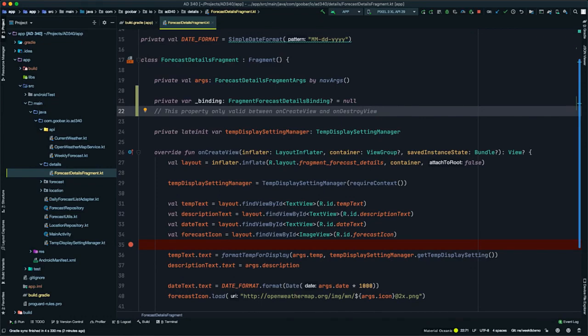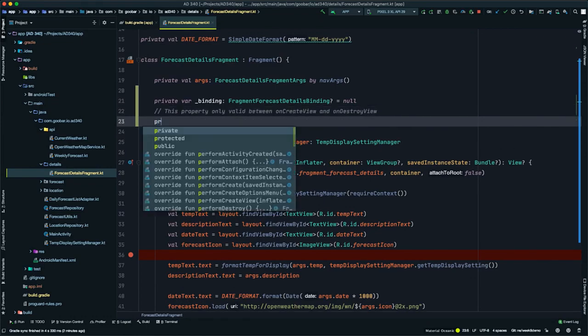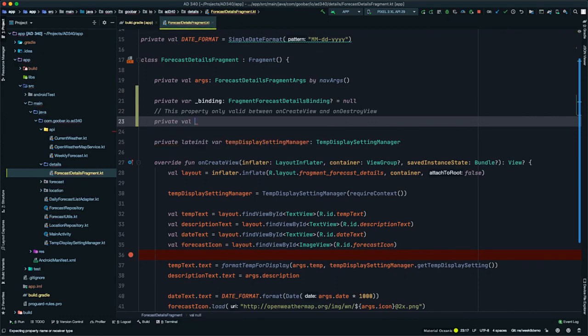We'll talk a little bit more about why we want to add this comment and what it means in a moment. After we've added the comment, now we can type private val binding. Now we're going to add a custom getter for this property by typing get open and closed paren, then an equal sign underscore binding. And now we're going to add a double exclamation point here, because it will enforce the type of the binding property